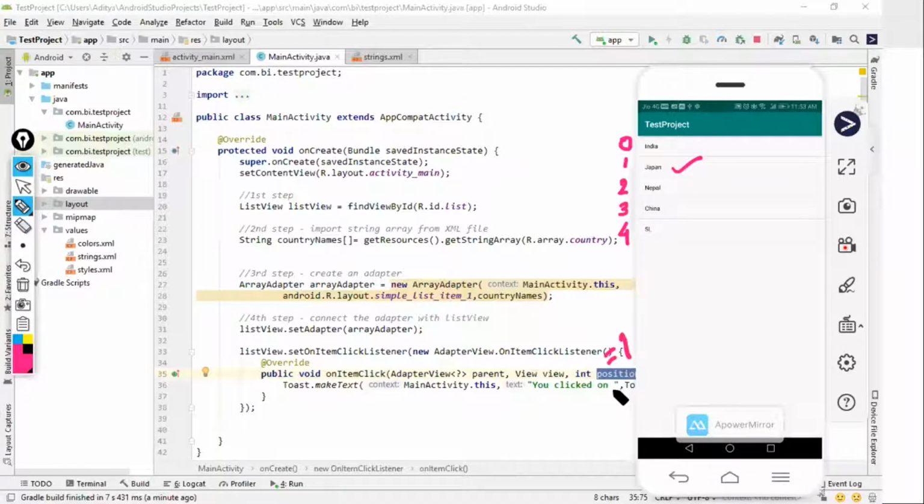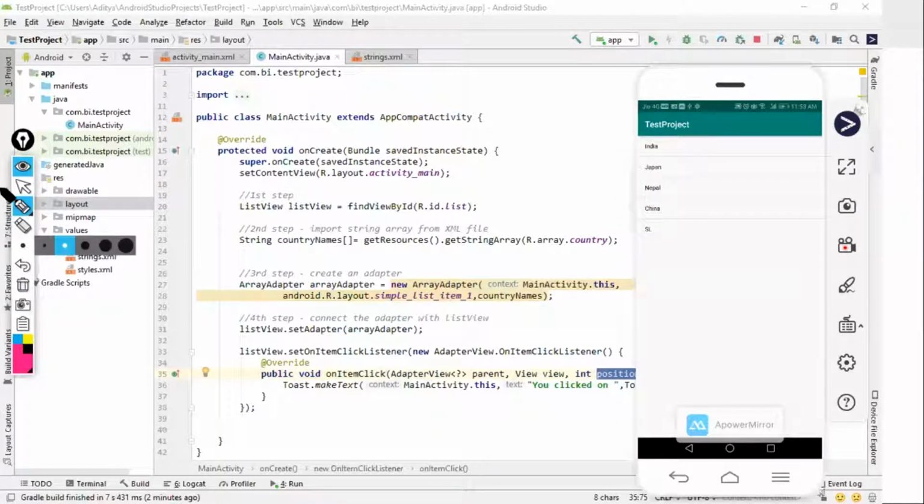Now if I want to get the value of Japan over here, what shall I do? Country names is my array, and I'll just pass 1 to it. If I look at the country names array, the first element is nothing but Japan.